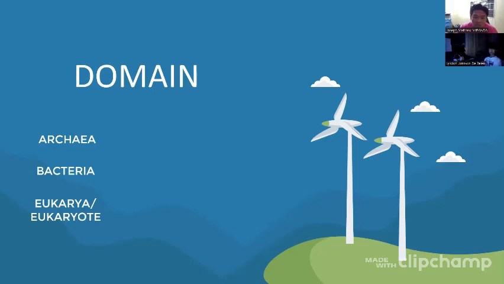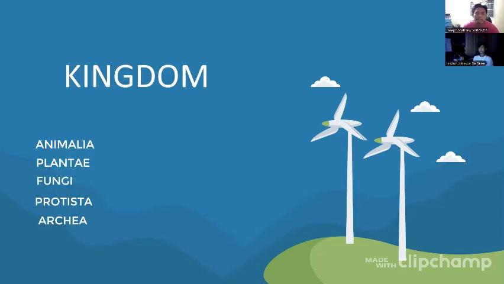Encompasses most of the world's visible living things. The kingdoms Protista, Fungi, Plantae, and Animalia fall under this category. The next one is